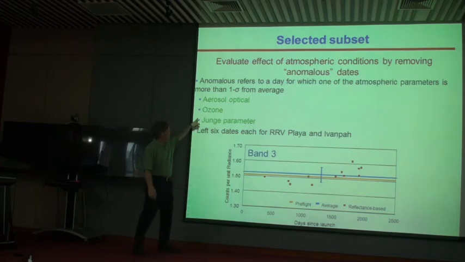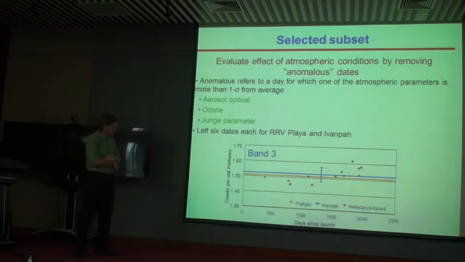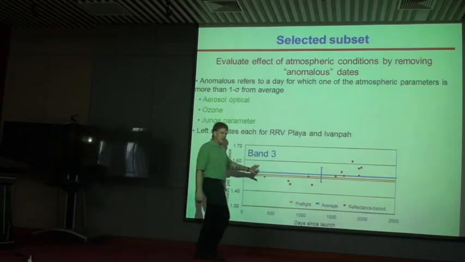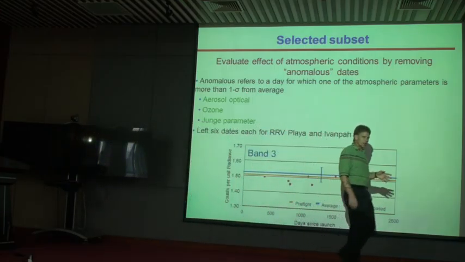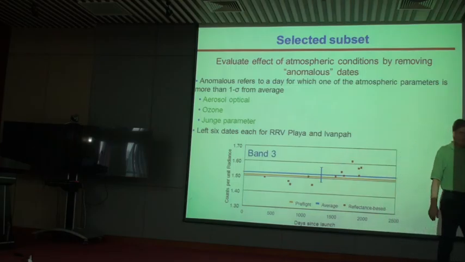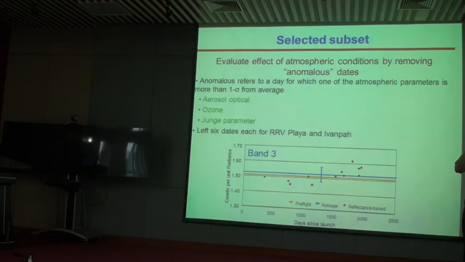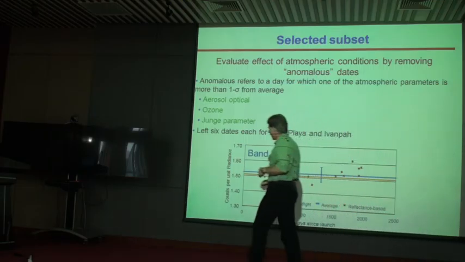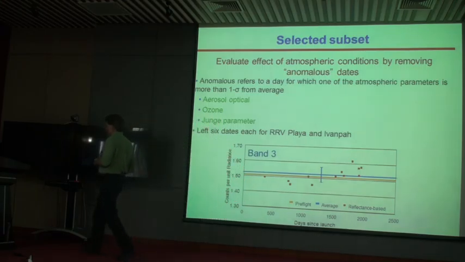And a lot of the time it was the ozone that killed us on this. The Angstrom and the aerosol didn't. But you're left with 6 data points. These are the dates that most closely match your average atmospheric conditions. So you're again pre-selecting, and this is more of a sensitivity, or a repeatability type of concept. But when you compute the average,